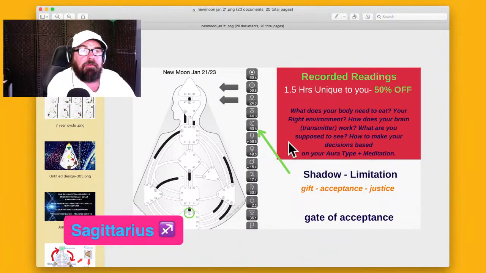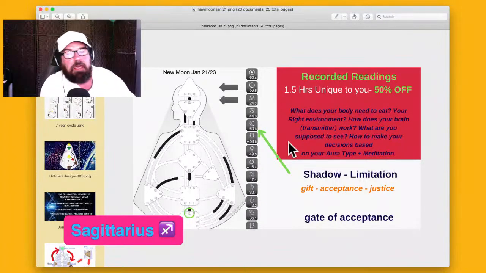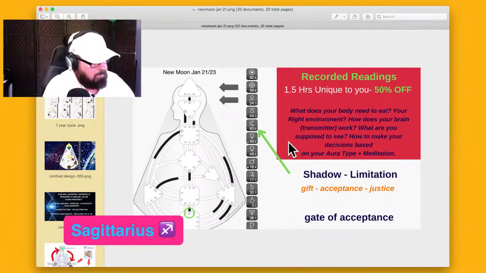Can't seem to get your head above water with your finances. And if you're having financial issues, you always have to go back to your sense of self-worth. You go to the root of it.